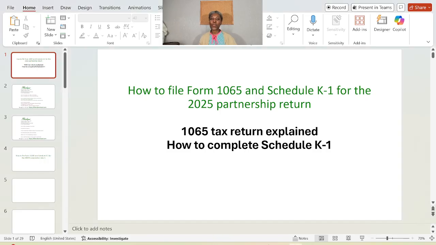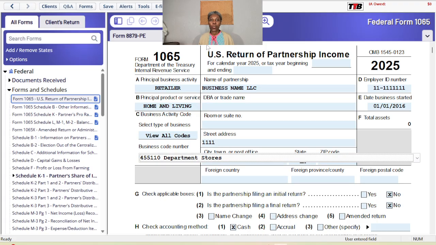Hello. How to file Form 1065 and Schedule K-1 for the 2025 partnership return? Well, we have tax software here that we are going to use to file it, and you'll use your own tax software that you are comfortable using as well. You might be in questionnaire mode, but here I'm going to be in form mode. That's what I use, but a lot of the time by default it is going to be questionnaire mode,